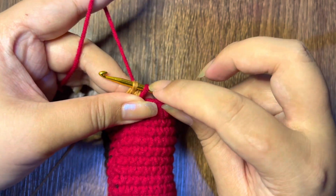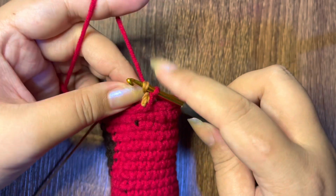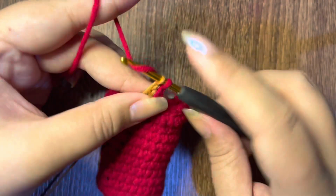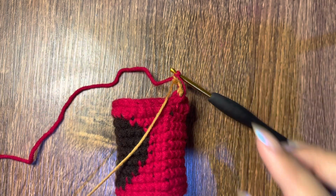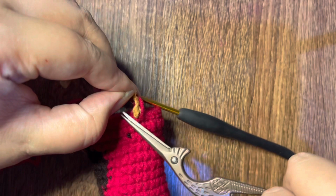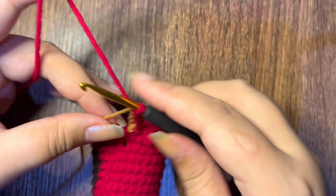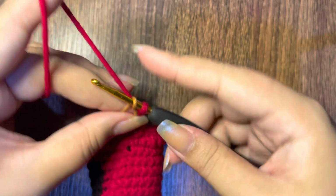Again, let's wrap it on the hook and then pull through all the loops. So we are just going to repeat this pattern until you have your desired length of your strap. Of course, if you have your own pattern for the strap, you can do that. For my case, I prefer the basic I-cord because it makes the cord more sturdy versus the other patterns, or versus regular single chains. So go ahead and make your basic I-cord